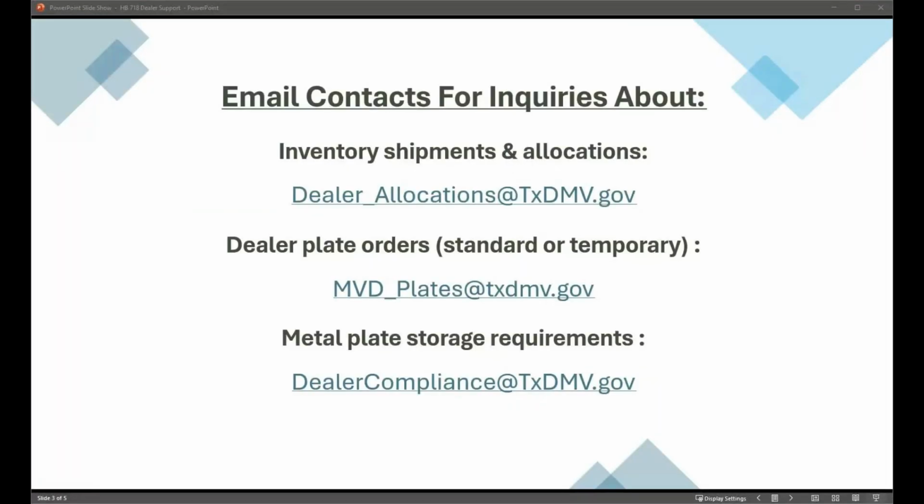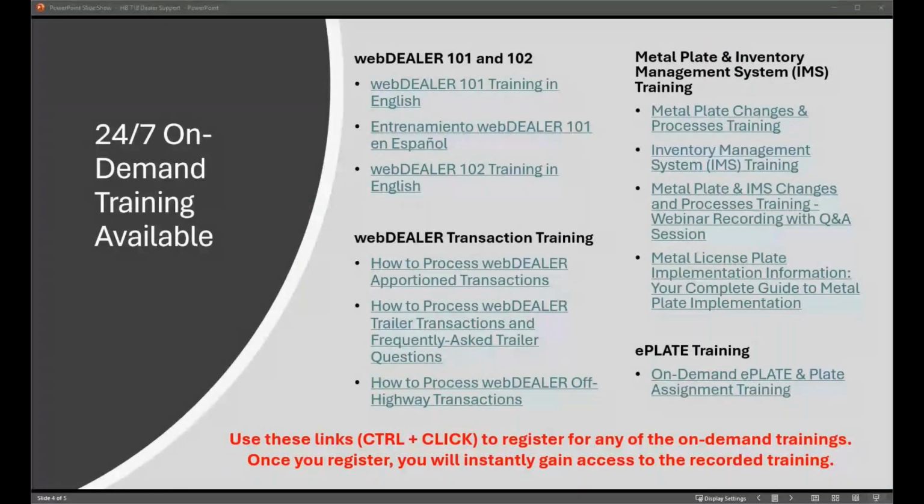Okay, for the purple buyer provisional plates, what do we use them for and how long are they good for? So again, those purple provisional plates, in the event that you don't have that available plate type in your inventory, that is when you're utilizing those purple provisional plates. Also, if that customer is going to need apportioned or forestry plates, you could also utilize the plates for them as well.